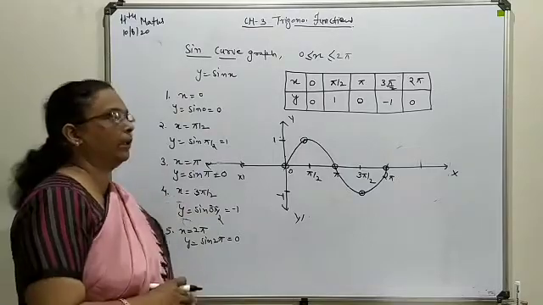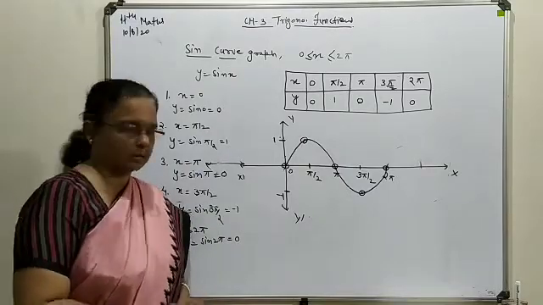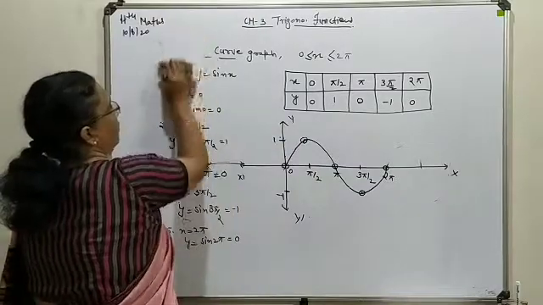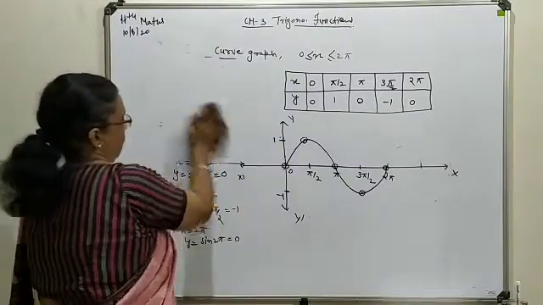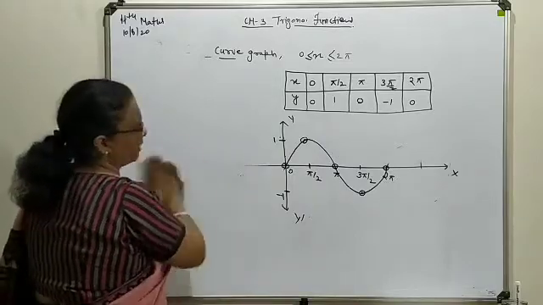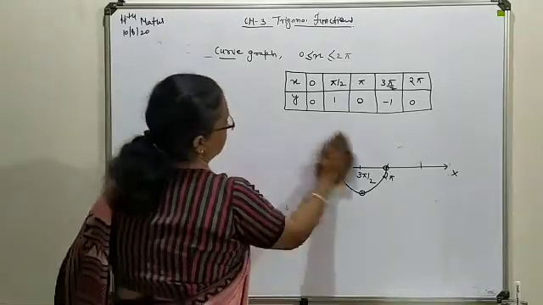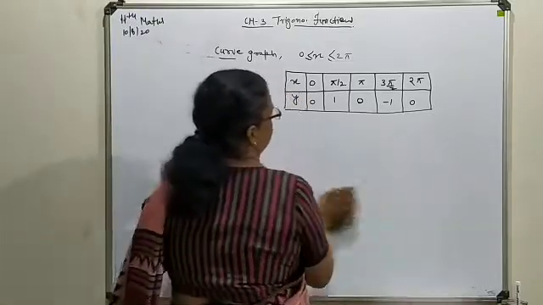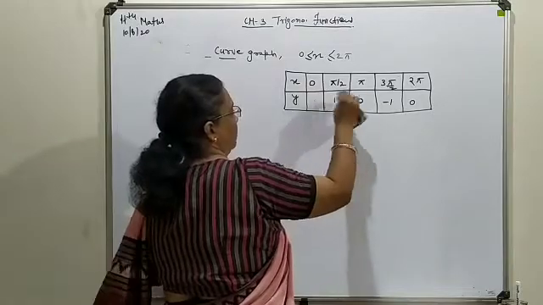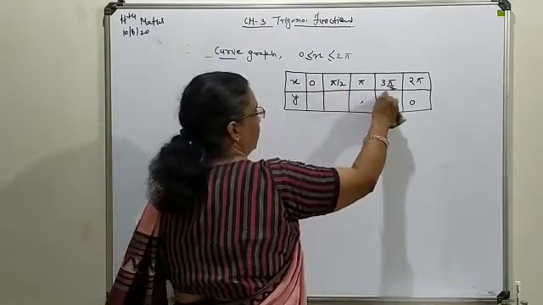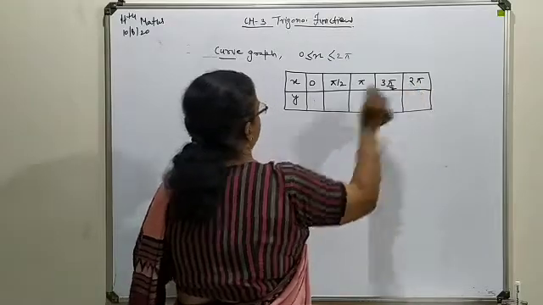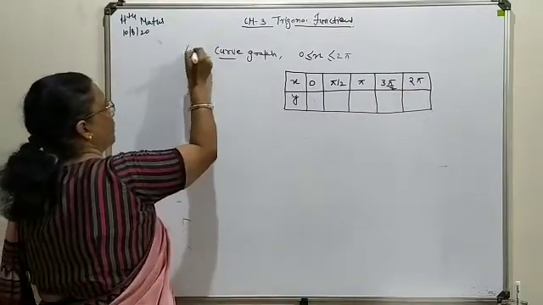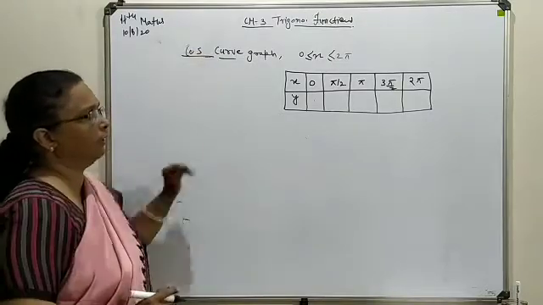Now the same thing we are going to discuss for your cos curve, taking the same range for x. So here next is the cos curve with the same angle. You can see what change in the pattern you have on changing the curve nature. Here we are going to write the same angle, but your solution will change at its respective position. Now here, the cos curve we are going to discuss.